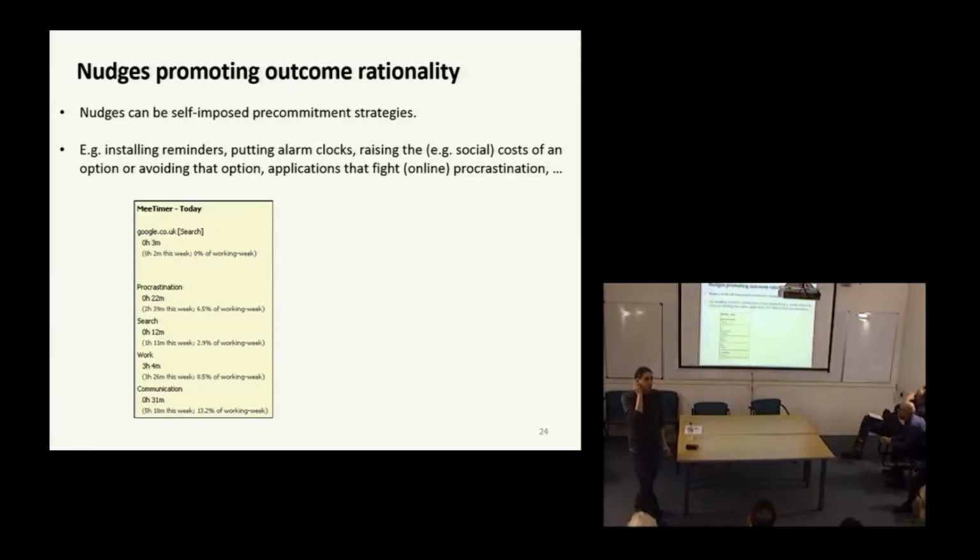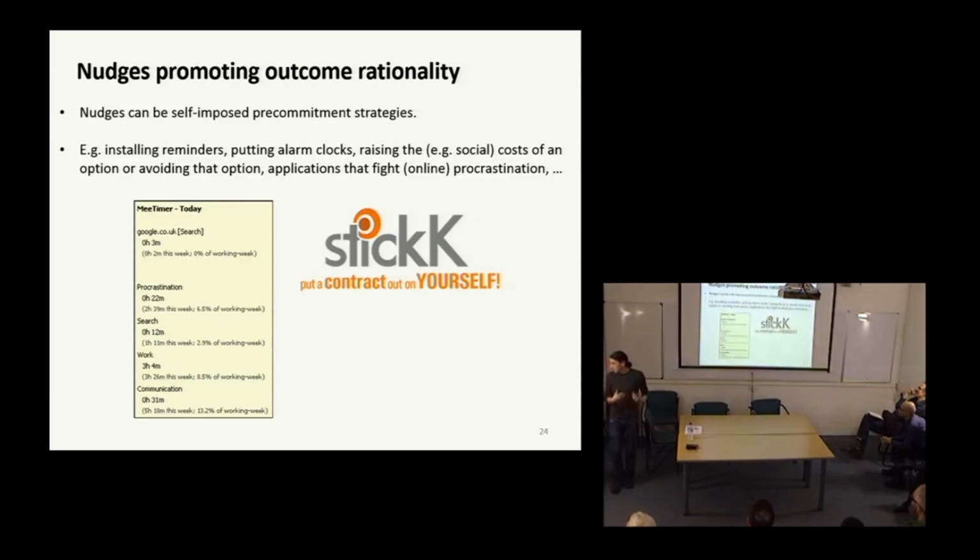There are some self-imposed nudges available, like apps that remind you now and then of the amount of procrastination that is going on in the day when you're at the office. You can go to the website stick.com, which allows you, for example, to sign a contract where you specify a number of goals. If you don't reach the goals, you can, for example, specify that an amount of money goes to a cause that is completely against your